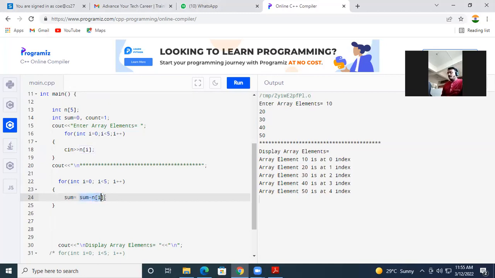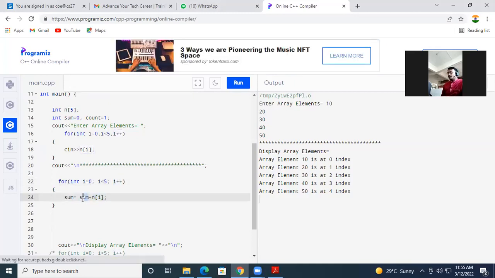So it will have the updated value in sum. Again, it will increment the value of the i variable by 1. The second value will come here plus the earlier sum, which was the previous number's value. Okay, so I'm going to run the program,